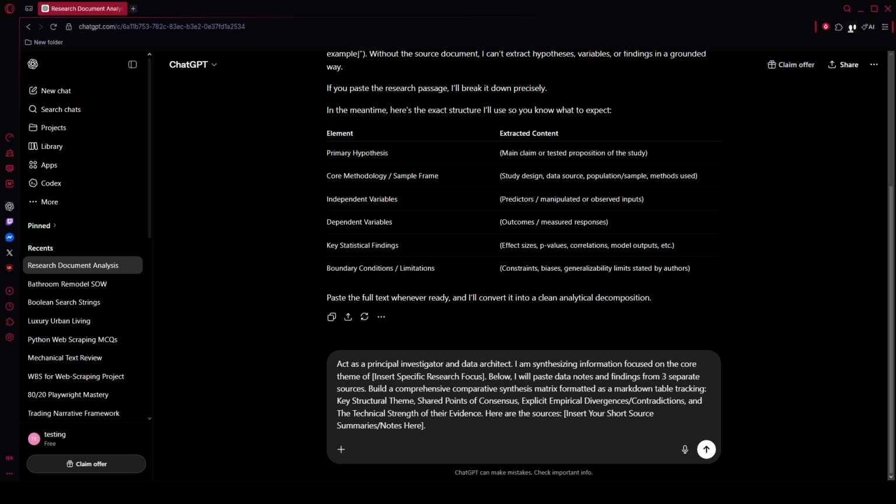Finally, stress test your own thesis with the hypothesis stress test and vulnerability scout prompt. Paste. Act as a rigorous peer reviewer, critical logician, and adversarial academic debater. I want you to aggressively stress test my current research hypothesis and structural premise. I will state my core argument below. Identify 3 significant logical vulnerabilities, potential data collection blind spots, or alternative explanations that a hostile reviewer could use to